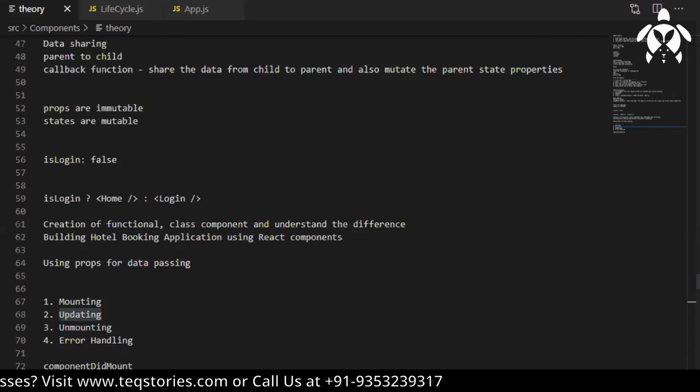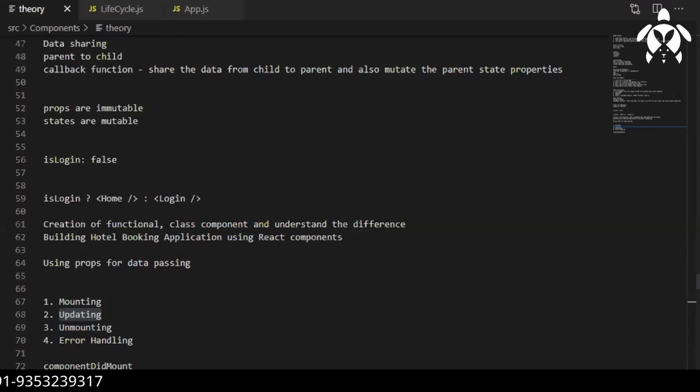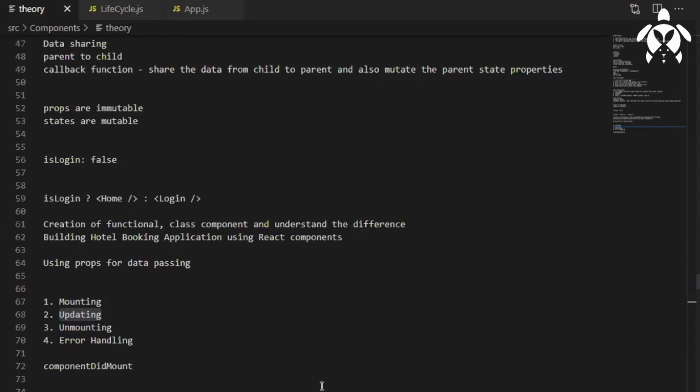Okay, so is it like a shared property or the self component property? The on changes will work with the input decorator, output decorator. We cannot compare on changes with updating, because on changes works whenever we share the data, and whenever there is a change to shared data, only then will it reflect. So updating is like whenever you change your state values or property values, render will get called again, and then updating will also get called.